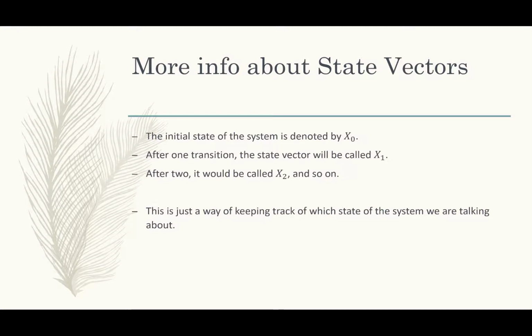So, more about state vectors. The initial state of the system is denoted by x0. So x0, this is just notation. x0 is just the way we would indicate our initial state. So the 0.703 that we just talked about, that's our initial state, where we could be like right now. After one transition, the state vector will be called x1. So x1 represents the probability of being in different states after one transition. x2 would be the probability of each state after 2 transitions, and so on if you do x3, x4, and whatever. It's just a way of keeping track of the probability of each state